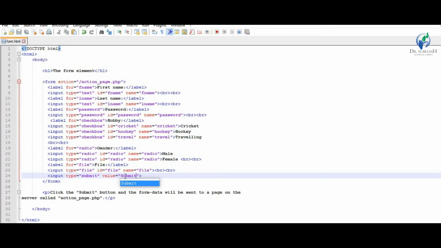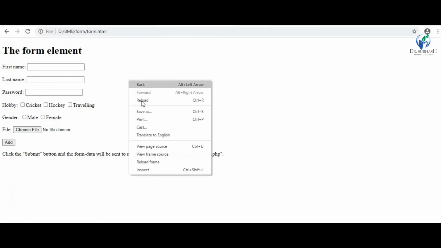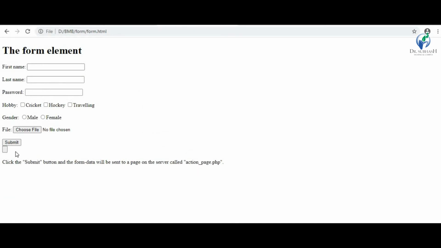If you want to pass any hidden data, then you have to use input type equal to hidden. If you want to make a simple button, then input type equal to button, and you got the button.